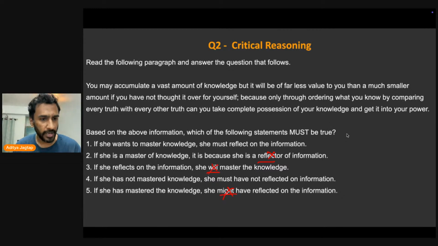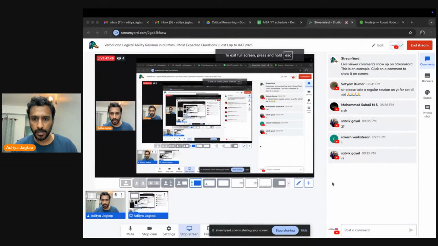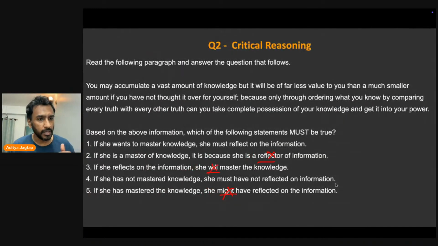Now compare options 1 and 4. They sound the same. They sound like mirror images of each other, right? Option 1 says if she wants to master knowledge, she must reflect on the information. Option 4 says if she has not mastered knowledge, she must not have reflected on the information. So, by the way, for this condition, if she has not mastered knowledge,